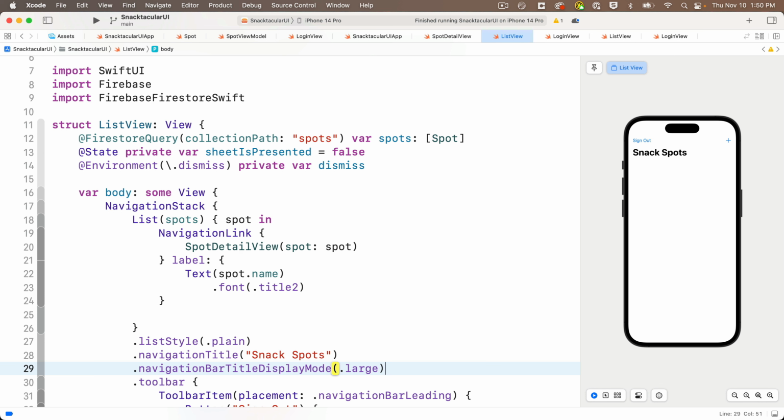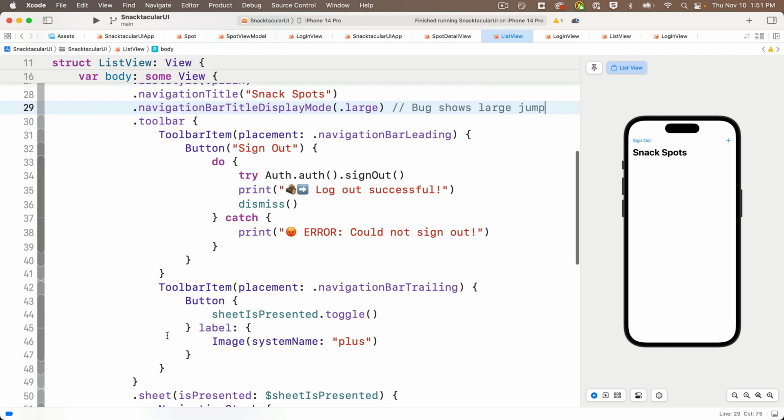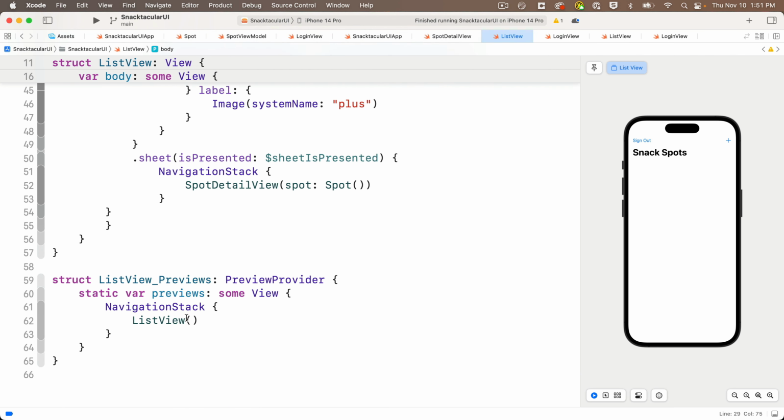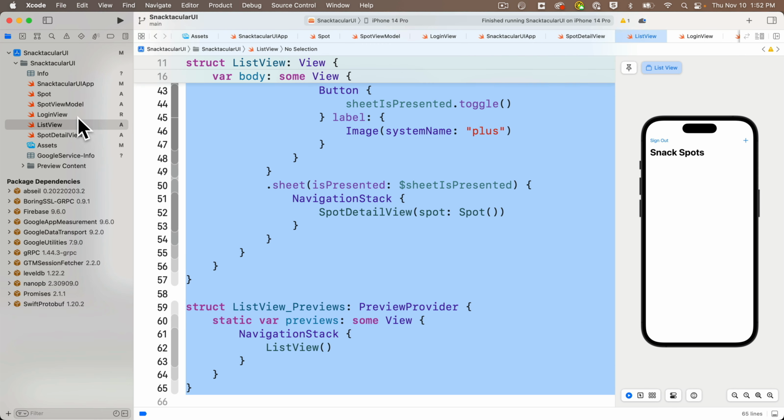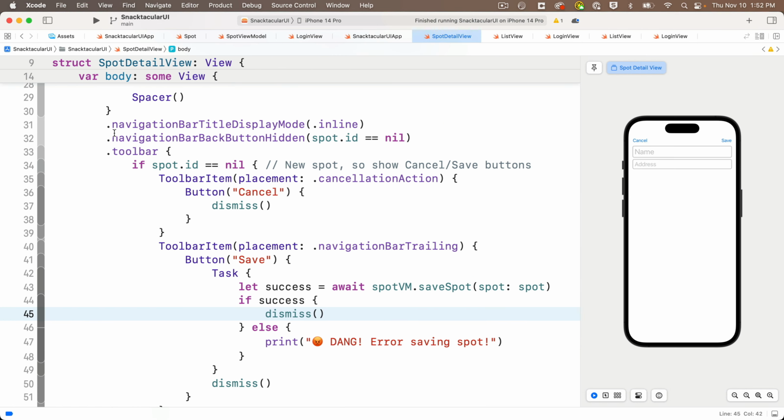I've seen a few posts for this online. It seems like this is a persistent bug in SwiftUI. I'll demonstrate it just so that you know it when you see it, and we'll switch back to inline later. My indentations look off a little bit, so I'm going to Command A, Control I to fix things. And then let's head over to our spot detail view and we can make those UI changes that I'd mentioned